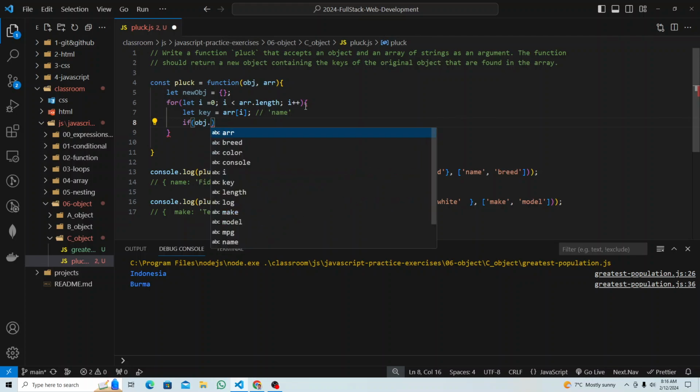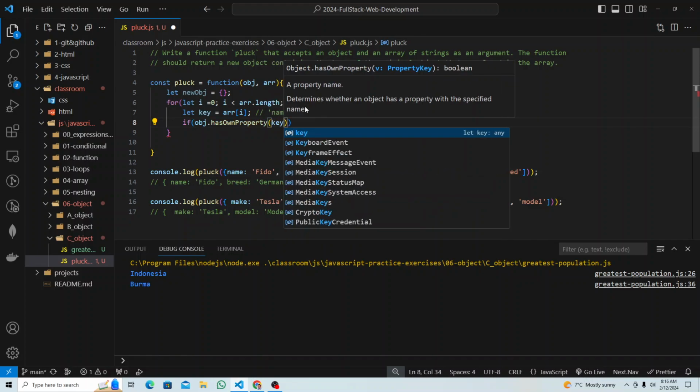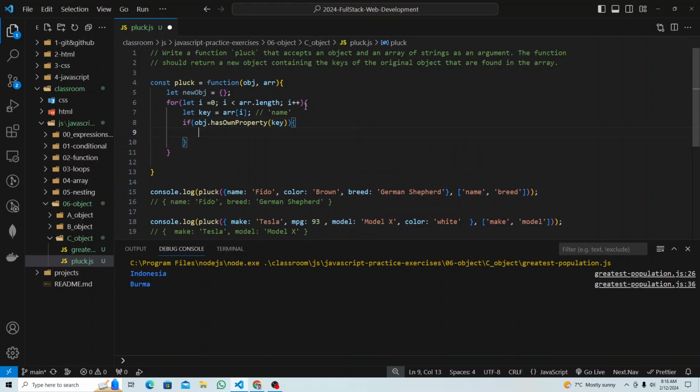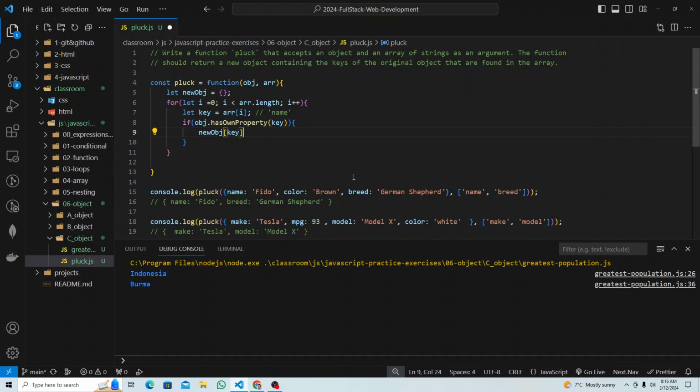object dot, again how you check the key inside the object, hasOwnProperty, right? And you pass this key. If that's true, then you're going to call the new object. Look here, this is the variable. The key is a variable right now, so I have to remember, when you have a variable you must put it in square brackets like this. So new object key equal to